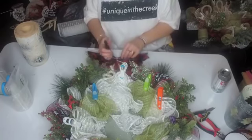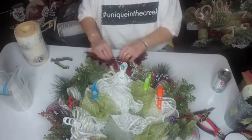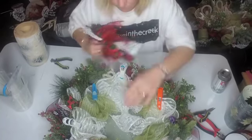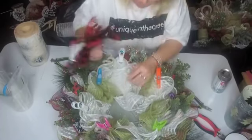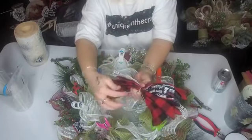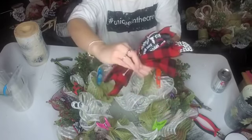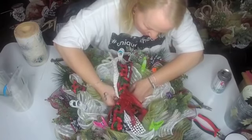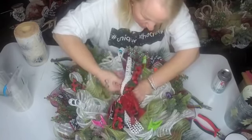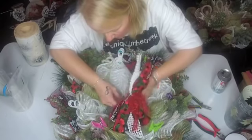And that way I know if I'm going to yank on this, because I am going to fluff it right onto our board here. So I know if I fluff this and pull. Underneath, I did the zip tie. And then this zip tie I'm going to put in here, into the mesh I just made. I know it's really hard to see, but...